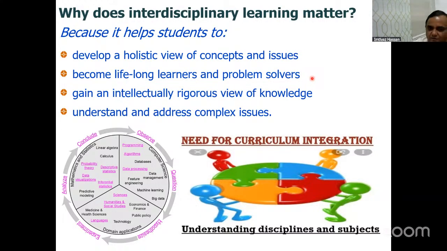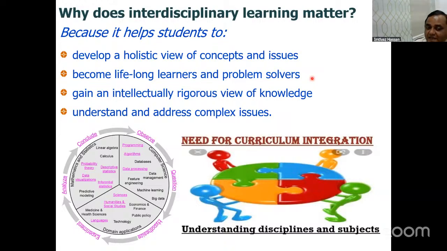Because if you see a complex issue, for example mathematics, mostly biological people have a phobia of mathematics. But there are a lot of equations that can solve your problem in a very easy way if you use mathematical modeling. Many biological complex issues are solved by mathematicians. Now, how can that be possible?